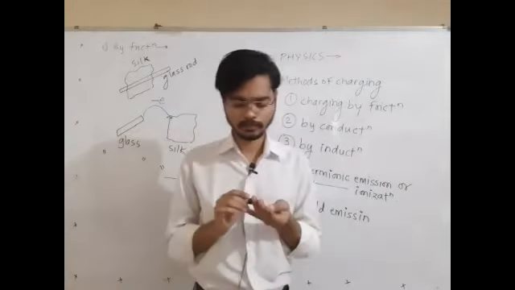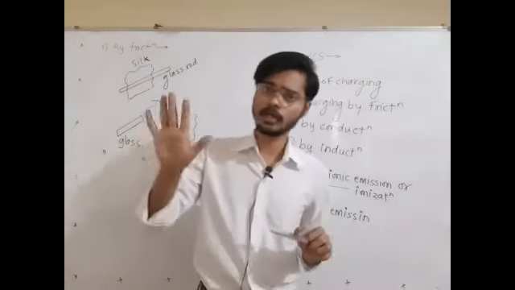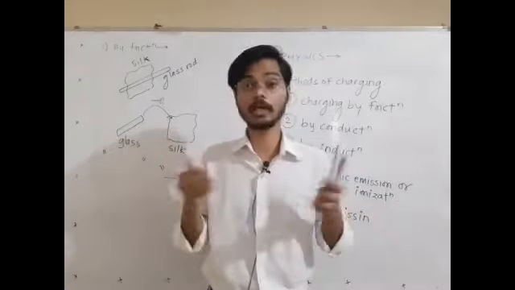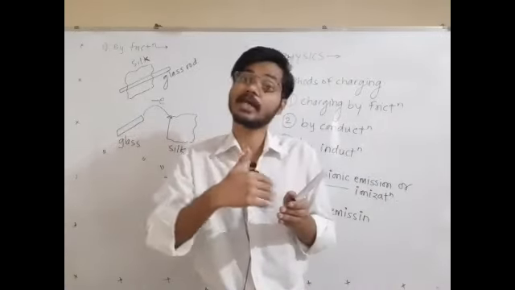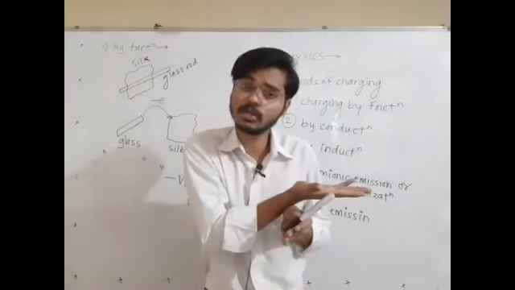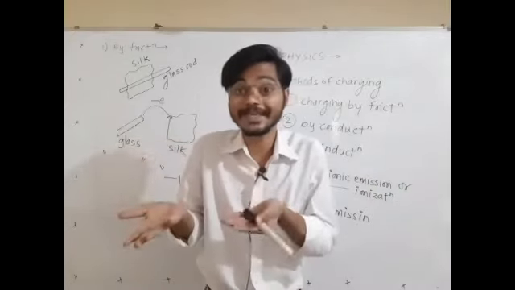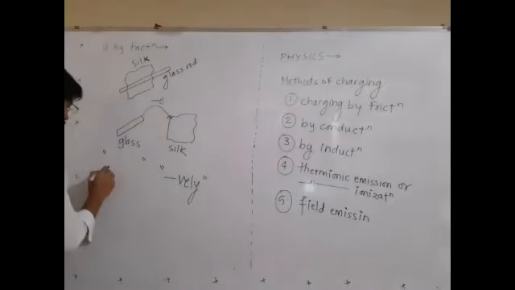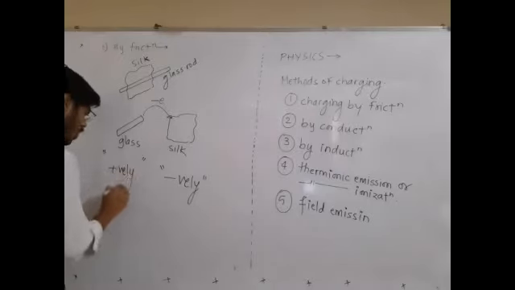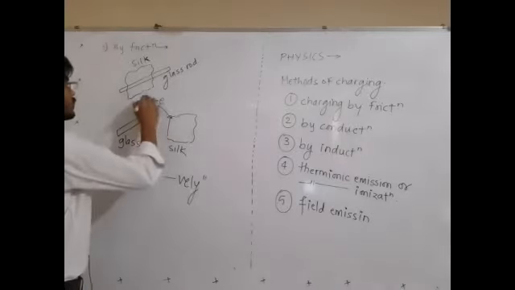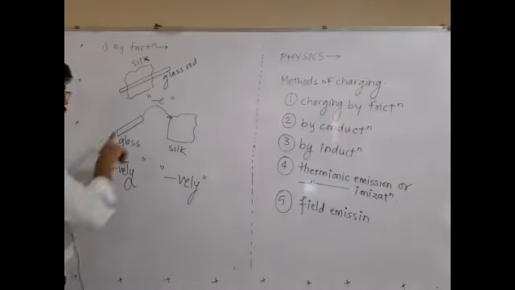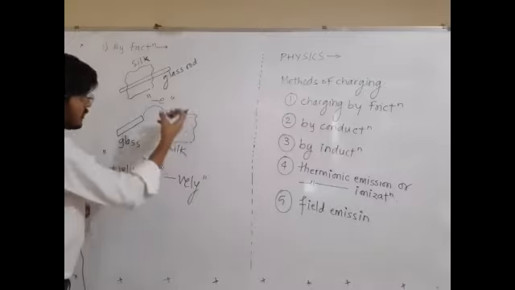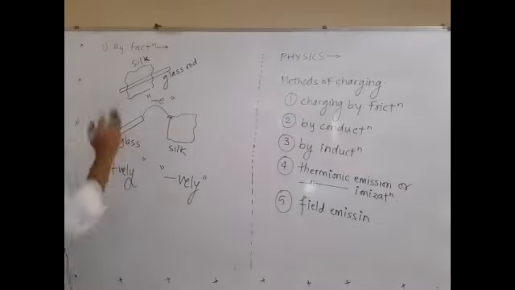Initially glass was neutral. Number of protons equal to number of electrons, so the total charge was balanced. But now, because of the friction, glass has lost some of the electrons. So the proton count is in excess, and the glass becomes positively charged because it has lost electrons. So electrons have been transferred from the glass to the silk. Why does this happen? Because silk can hold electrons more tightly than the glass. Is this clear?